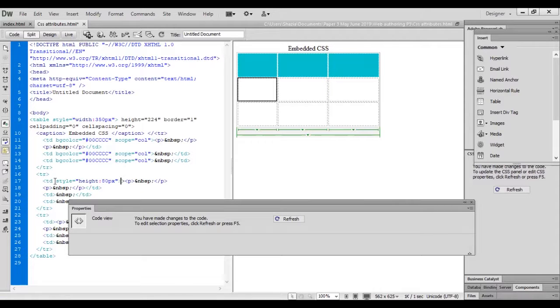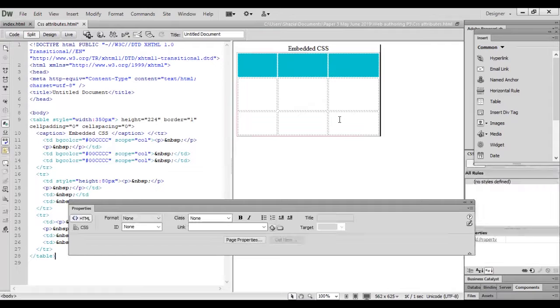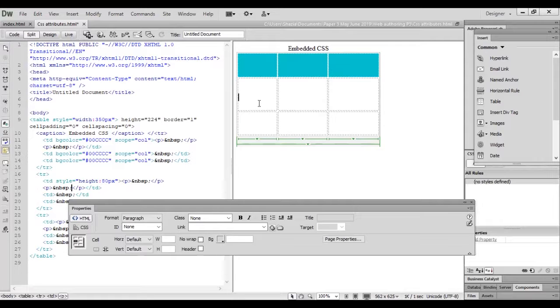If I select this, here if you see, the height has been changed. Look, this cell height and this cell height are both the same, but this one is different.